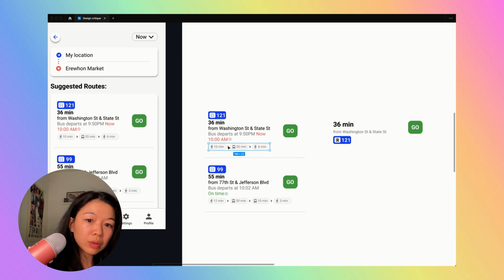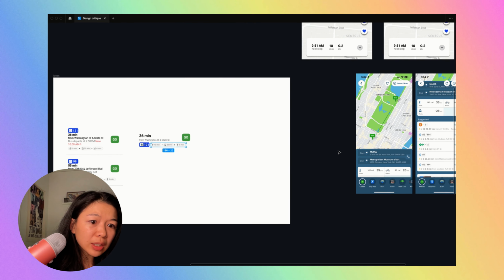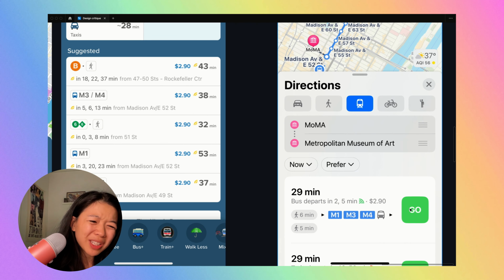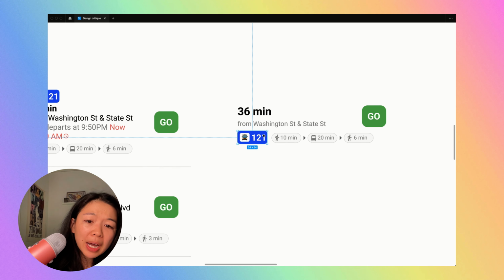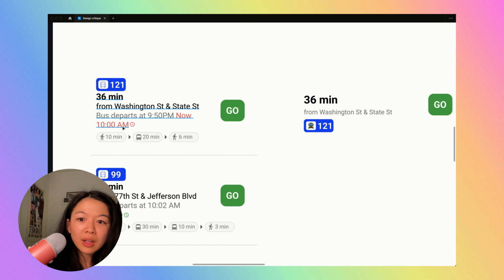Next, I don't know how much this is needed, but if you want to add it, you might want to put it maybe next to the bus, or even like, I think for this one, they showed the bus inline, so maybe you could combine the 121 information with this. I don't know. I'm gonna go delete this for now. And then for this, I think